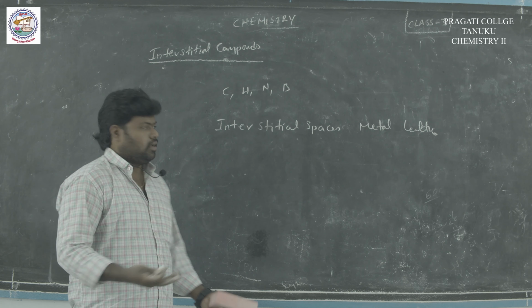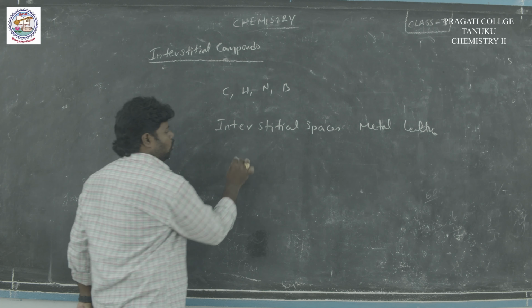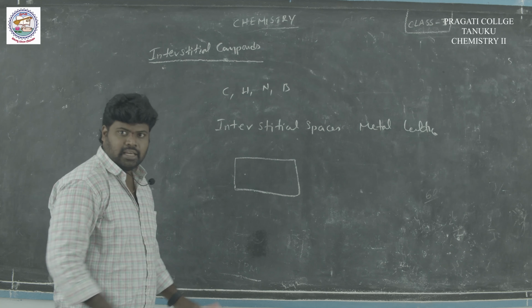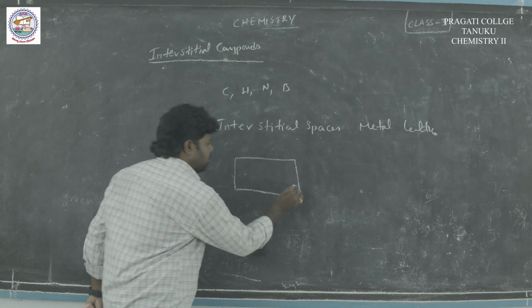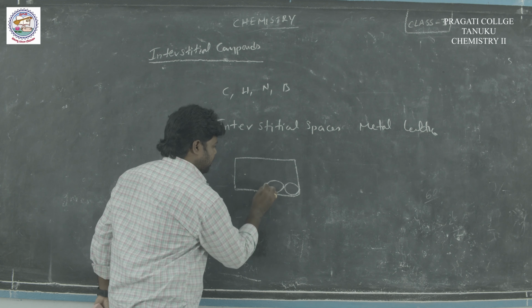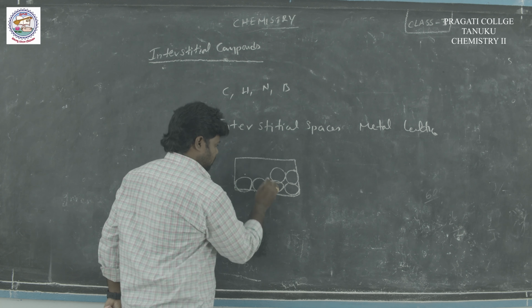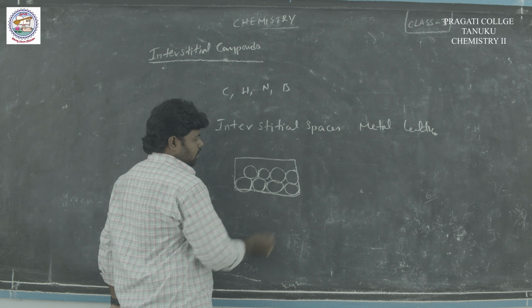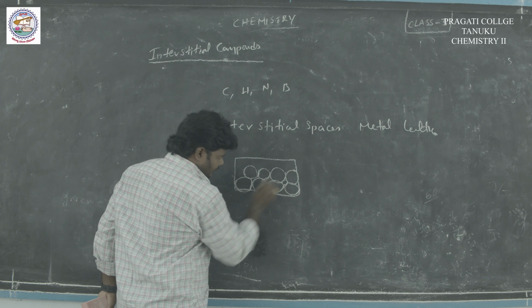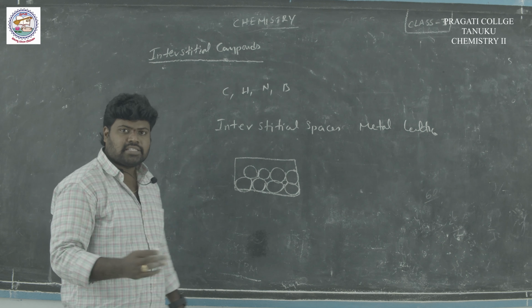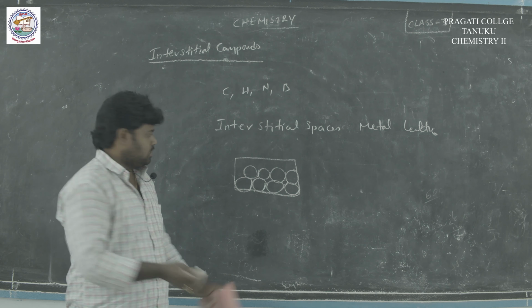Sir, I can't understand. Sir, explain. So first of all, take a metal lattice. In this metal lattice, a number of metals are arranged in an order: first metal, then second metal, third metal, fourth metal, like that, and then other metals. I mean the same type of metals but arranged. In between the two metals, a small gap is there. This gap is called a void, a space in between two metals.